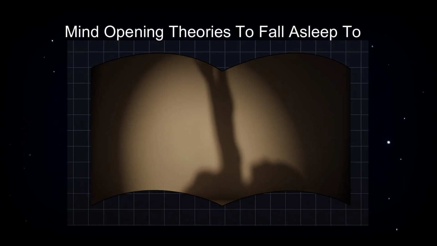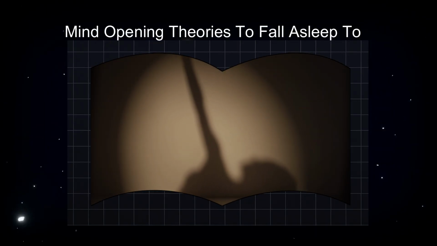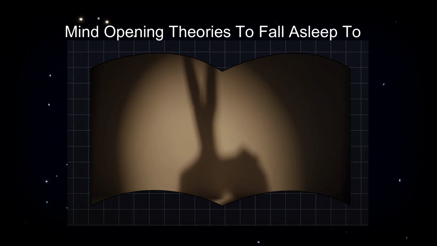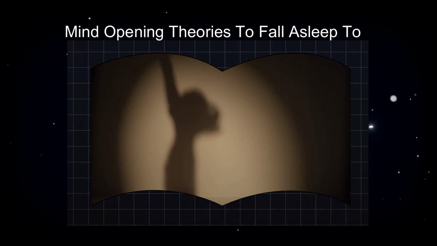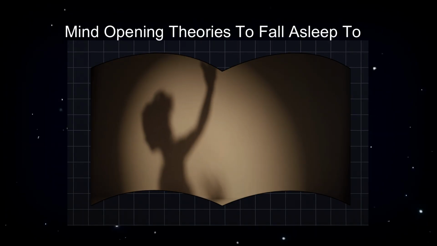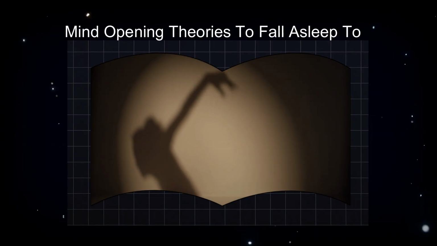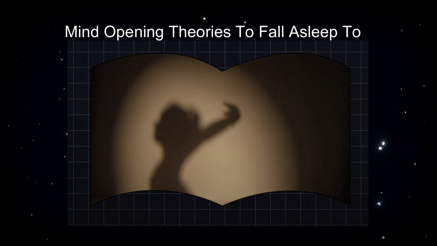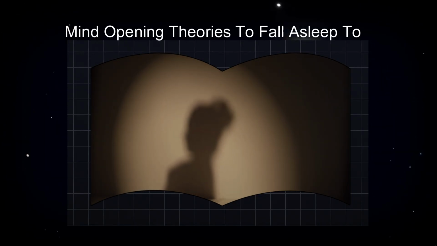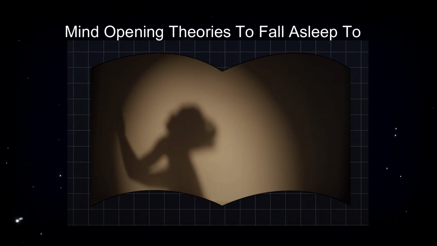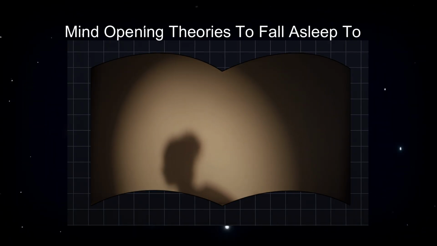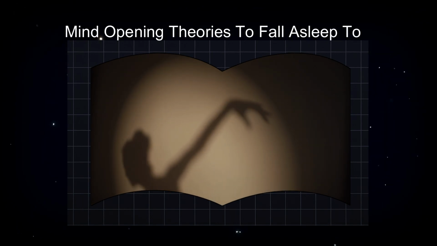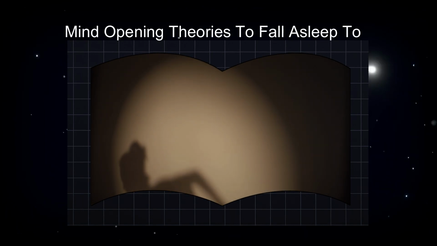One of the most famous examples is Schrödinger's cat. A cat is placed in a sealed box, and its fate depends on a random quantum event. Until the box is opened, the cat is both dead and alive. In the Copenhagen view, opening the box chooses the outcome. But in the many worlds view, opening the box just splits reality. In one, the cat lives. In another, it dies. Both outcomes are real, just in separate branches.